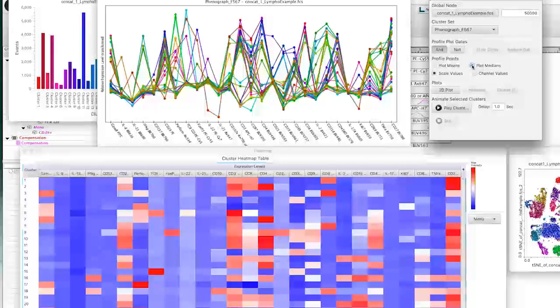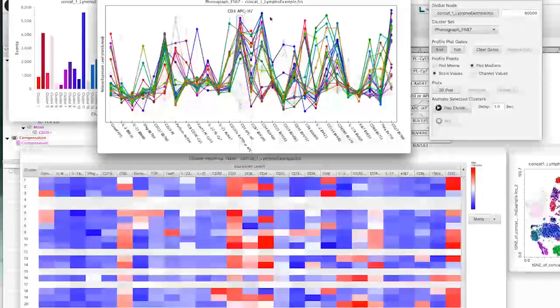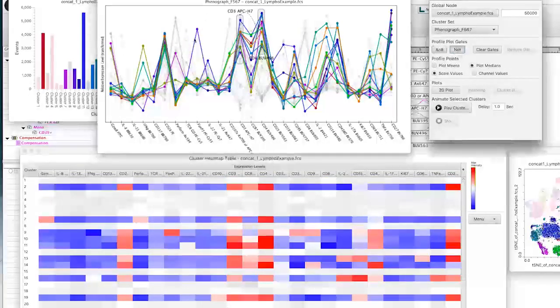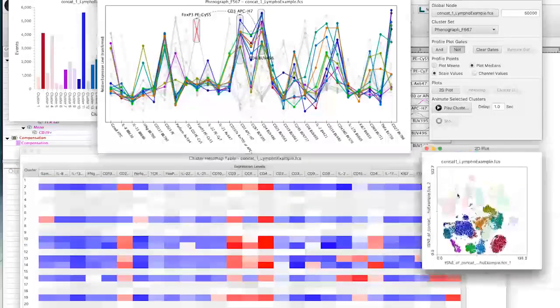I could plot medians instead by checking the radio button here. You can gate within this line plot using AND, NOT, and gate. So if I want to use AND, maybe I want to look at everything that is CD3 positive, CD4 positive cells that are not FOXP3 positive. Well, there we go. So here are my populations that fit that definition that I just gated on here in